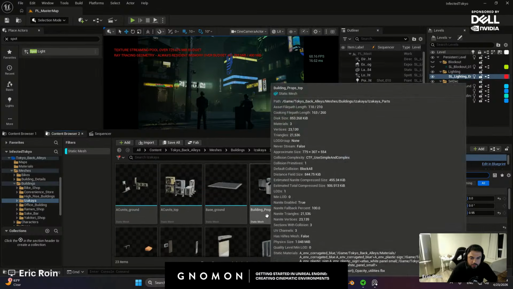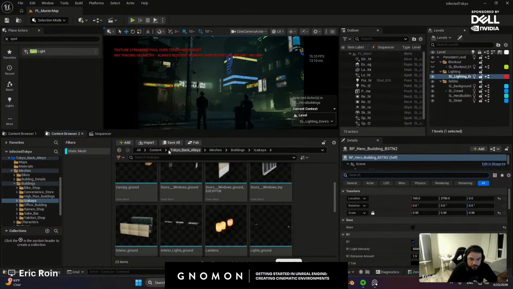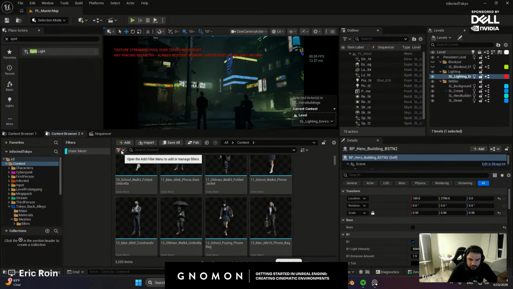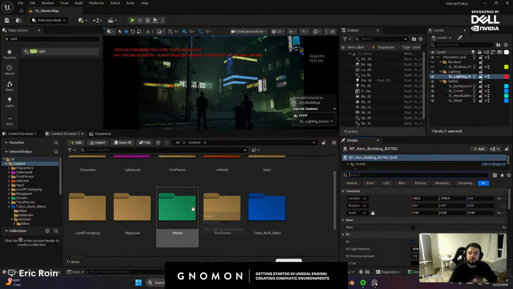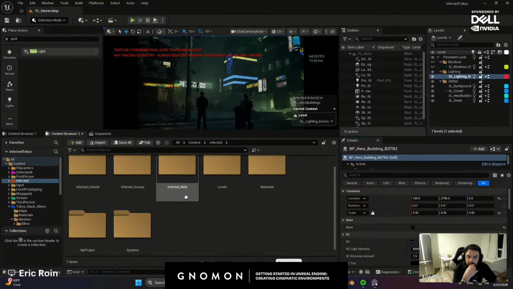Okay, let's see what we're working with. So in terms of zombies, that's going to be our infected back. They do have a control rig also, I believe, but I'm mostly using this as like a still image, right? If you would need an actual animation, you can retarget to those, but obviously we won't get into retargeting today.